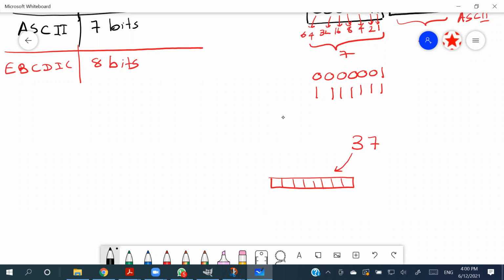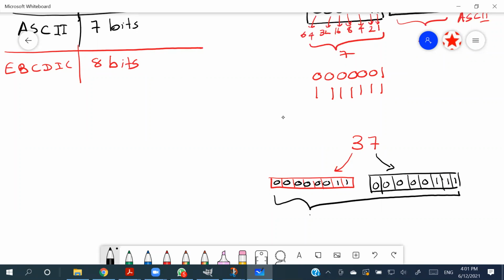So now here they are using 8 bits. So 6 zeros and 1 1 to represent 3. And to represent 7, 5 zeros, 1 1 and a 1. Right? So the entire code for 37, it is 16 bit. But using this, we could represent 256 different characters.